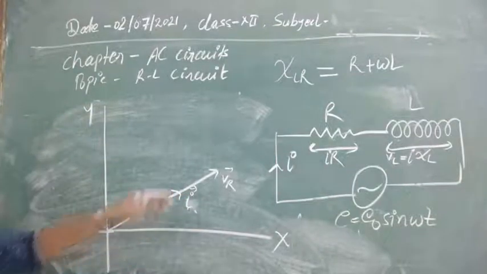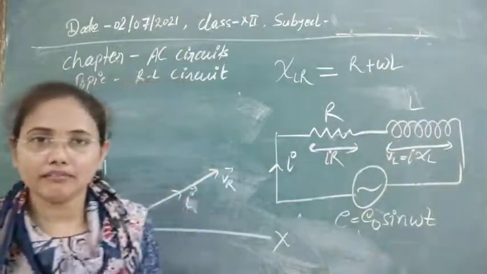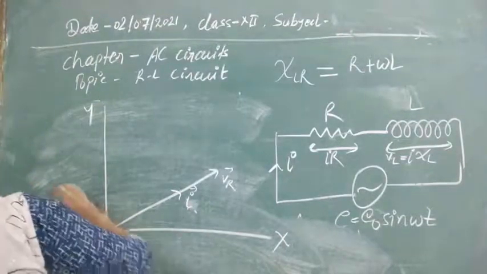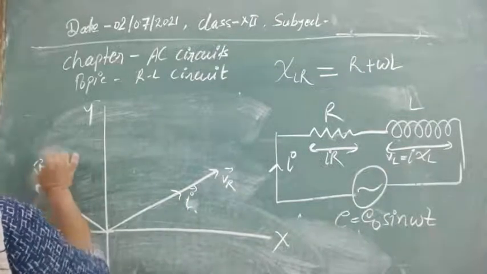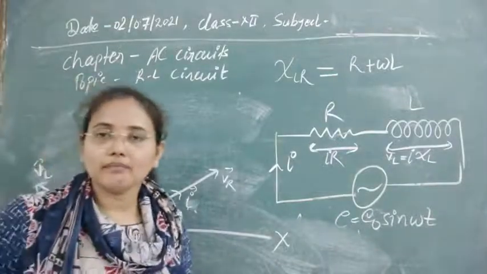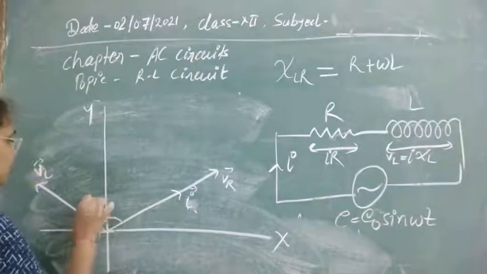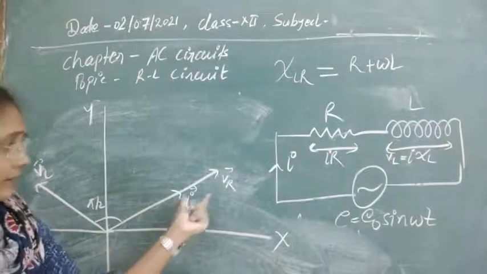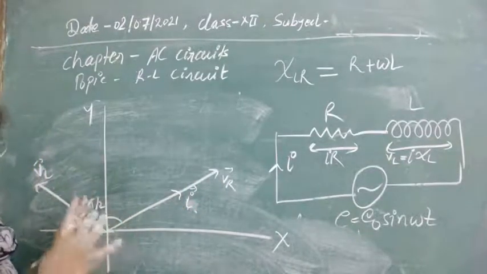And now for the phasor diagram, if we plot in the same plane for the inductive circuit, then we know that here the current is lagging behind the voltage. So if this is the direction of VL, the current should be pi by 2 lagging behind it. And finally, suppose this is the direction of current, and this angle that you are seeing should be pi by 2, meaning the potential is leading the current here. And for the resistive, the current is in this direction. So finally in the phasor diagram you can see we have the two vectors.